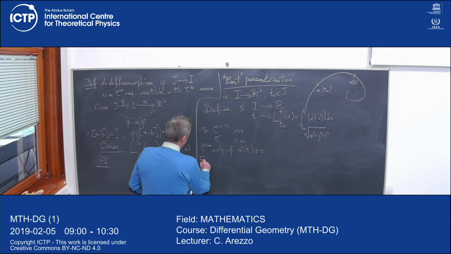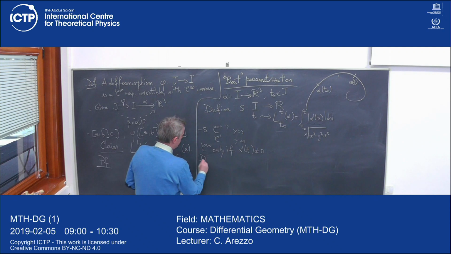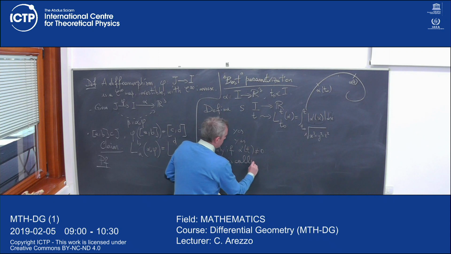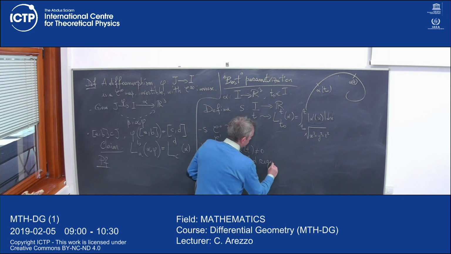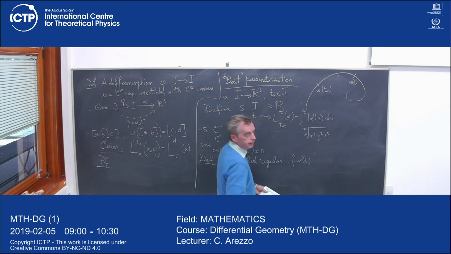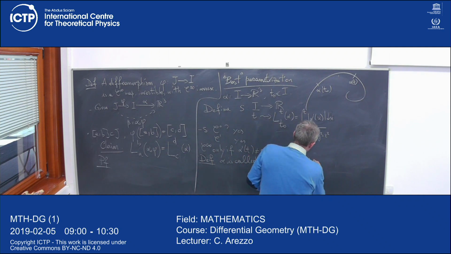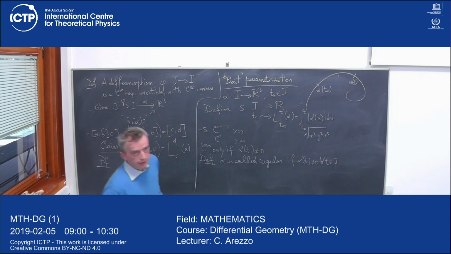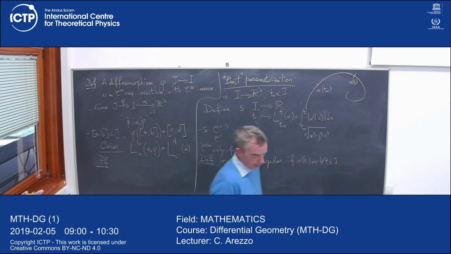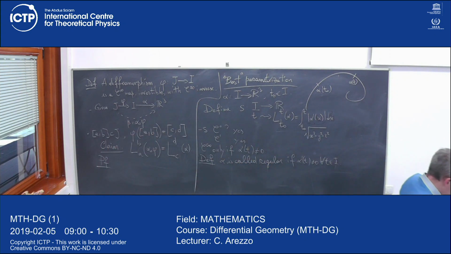So from now on, well, definition. Let's give a name. Definition: alpha is called regular if the tangent vector is non-zero everywhere. Okay? And unfortunately, we have to start studying only regular curves. Okay, this seems a pity. It is a pity. I will comment on that maybe at the beginning of next lecture.